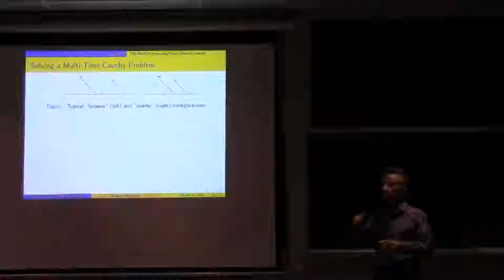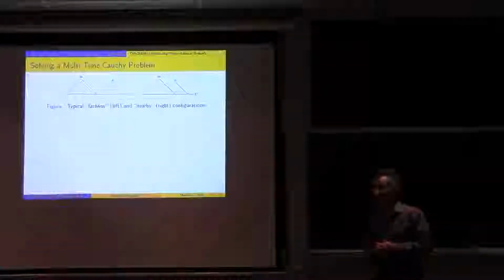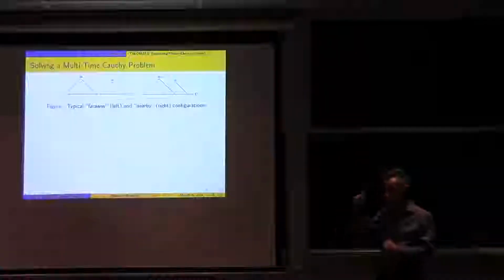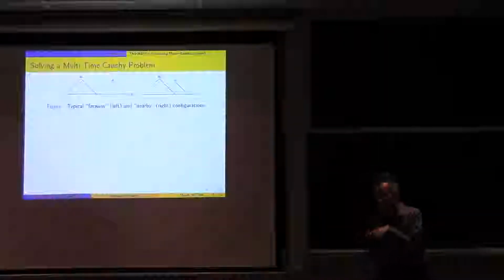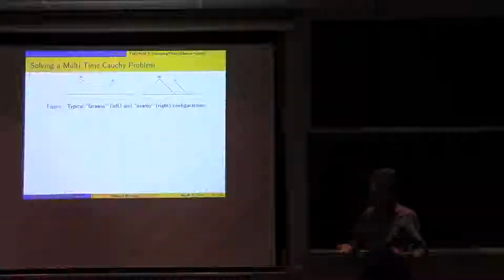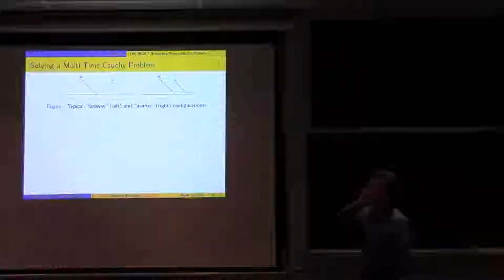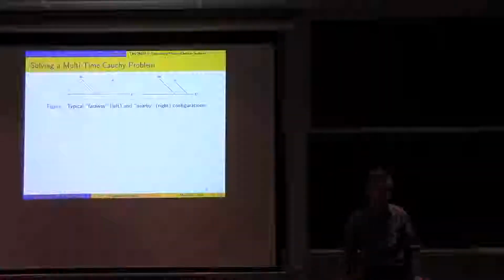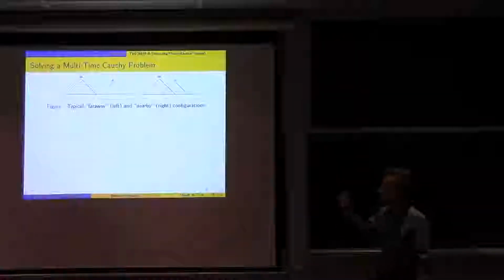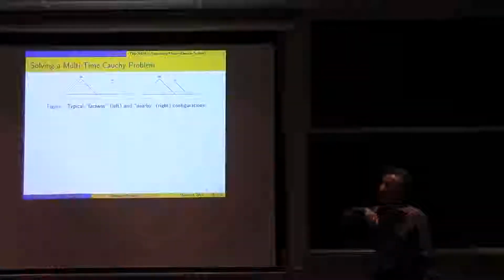We don't have one equation with two time variables in it. We have two equations with two different time variables in them. So this is a different kind of thing which has not been studied very much. And so when you think about how to solve this equation, first of all you realize that really, among the